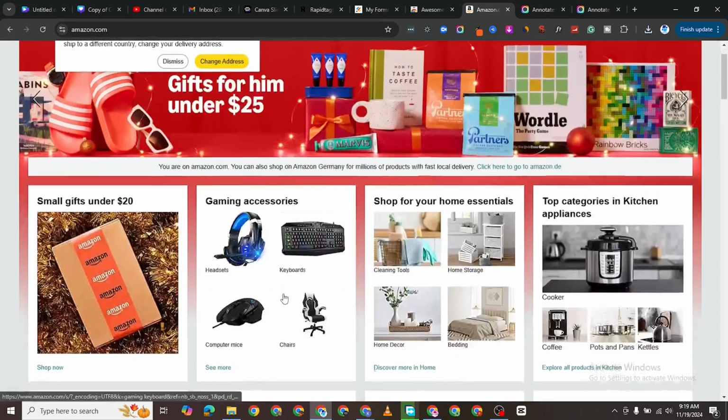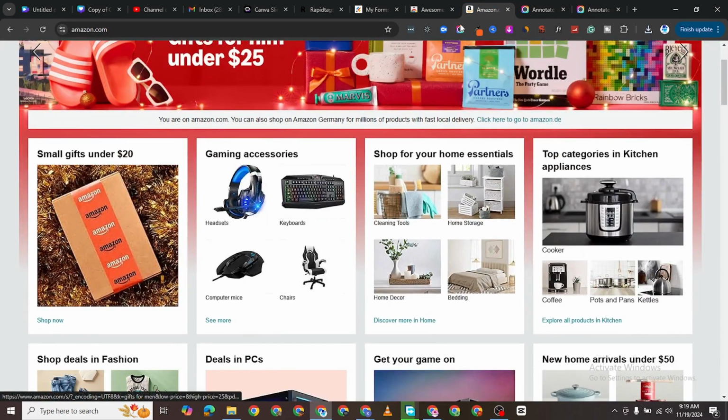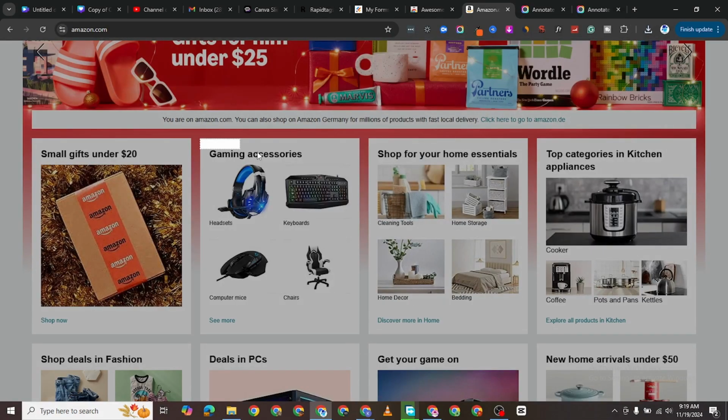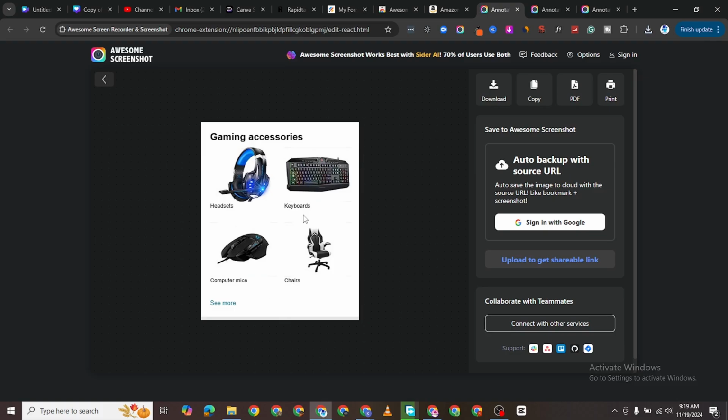If I come now and I want to screenshot maybe just this area, I'll click on that, and I'm going to click on selected area. I'll use this selector and select this particular area and click on capture. So you see just that area is screenshotted, and I can download it and use it for my particular designs which I desire. So this is how to take screenshots on your Chrome web browser, using